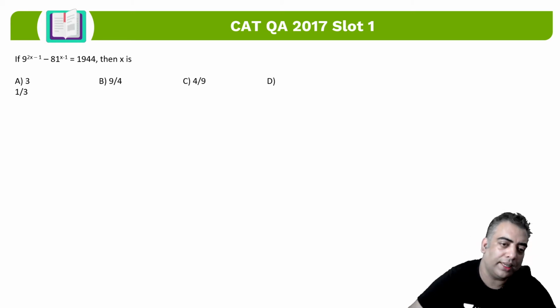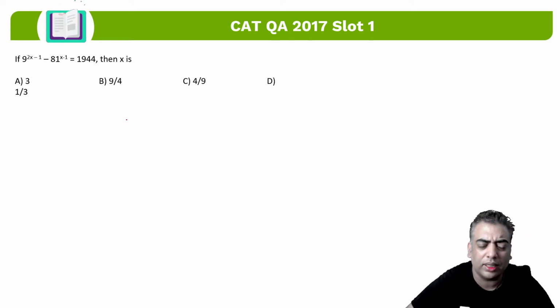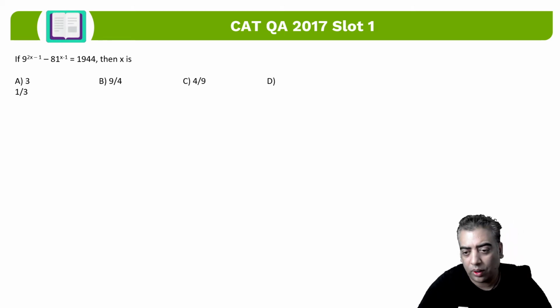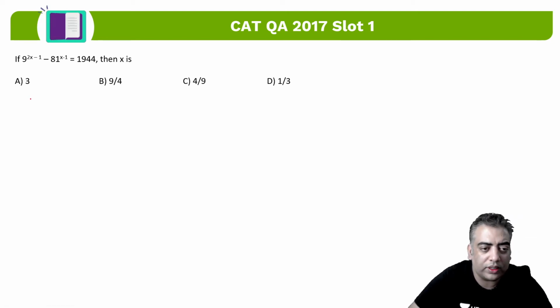In this question, he says find the value of x. So now there are multiple ways of doing it. One of the easiest ways of solving this particular question will be that you can always take help of the answer options, right? So that will make our calculation easier if the numbers are not too large, right? So if I take up these values, so the first option is 3.